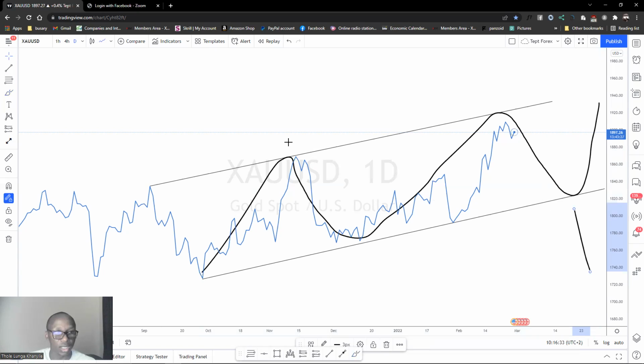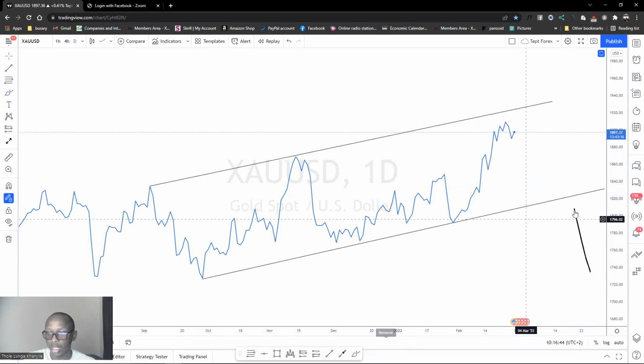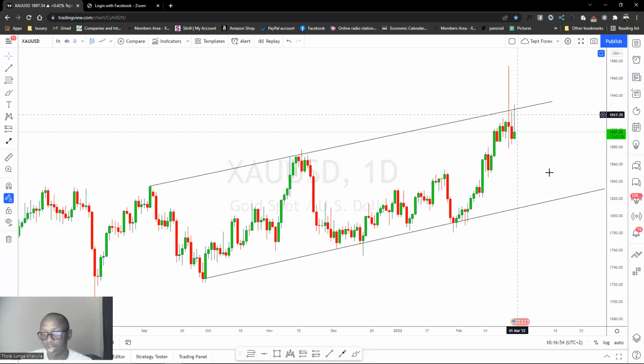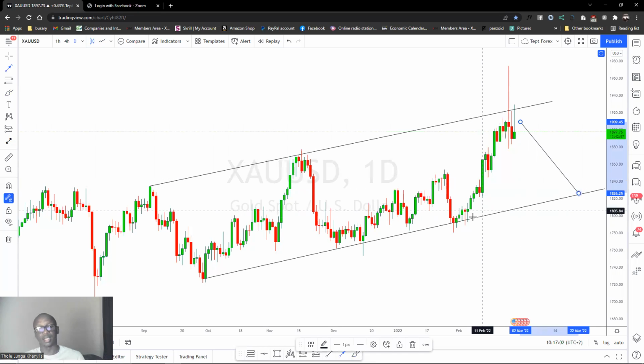So let me quickly remove this line of mine. So if maybe we want to take a sell position, we can start from this level going all the way down like this, all the way down to this ascending trend line. As you can already see that we have a strong pin bar of rejection right here,